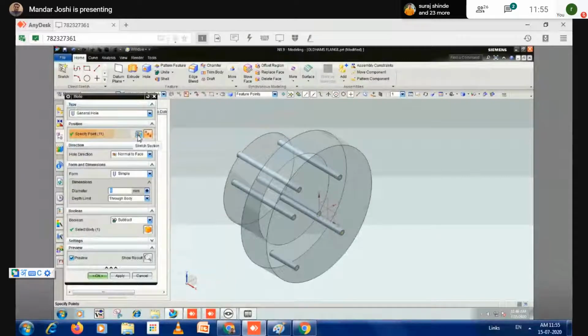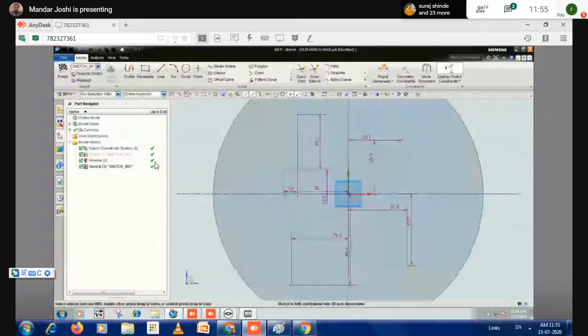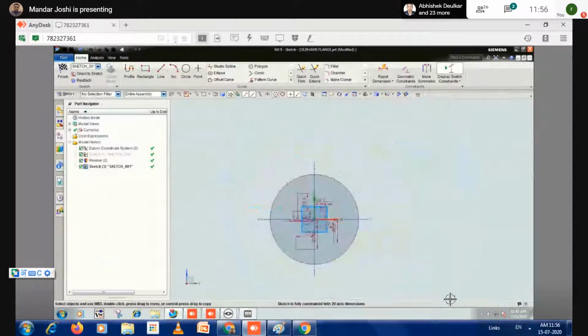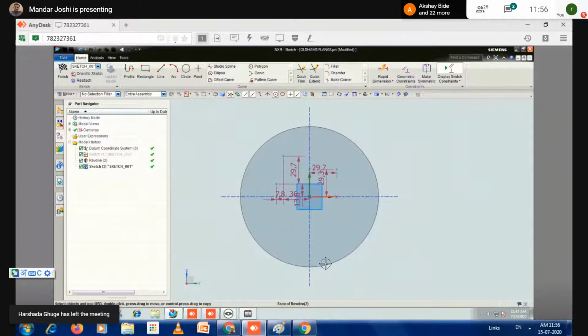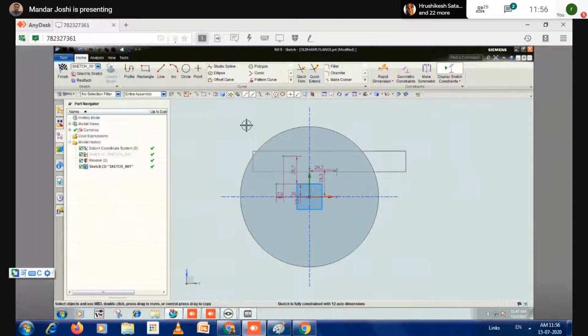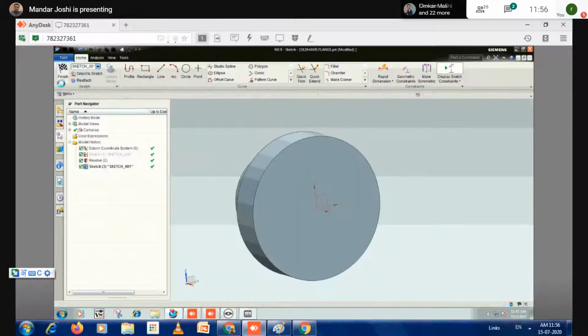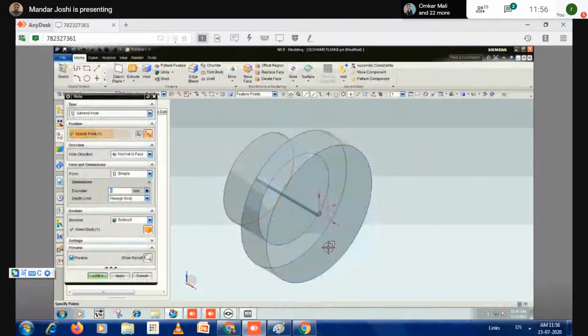Just click on the sketch selection and delete all unnecessary points by selecting them. Delete this. Now the auto dimension is not displaying, which means the sketch is completely defined, or fully constrained. The message should appear like this. After that, use this finish option. Now only one hole is created.